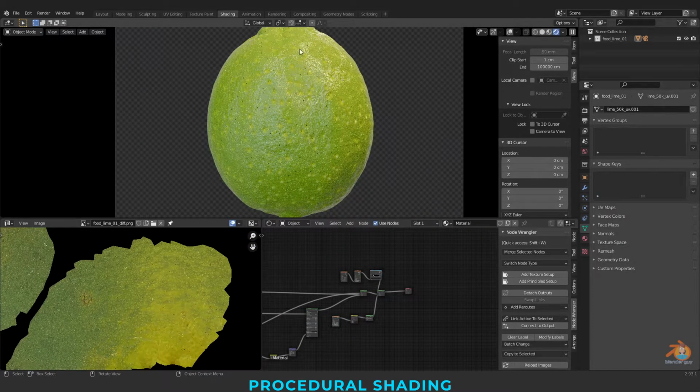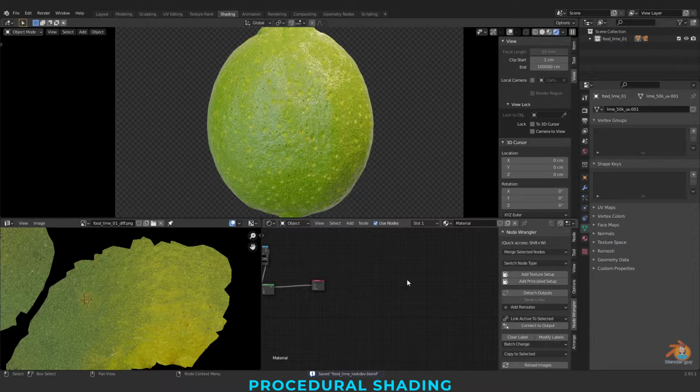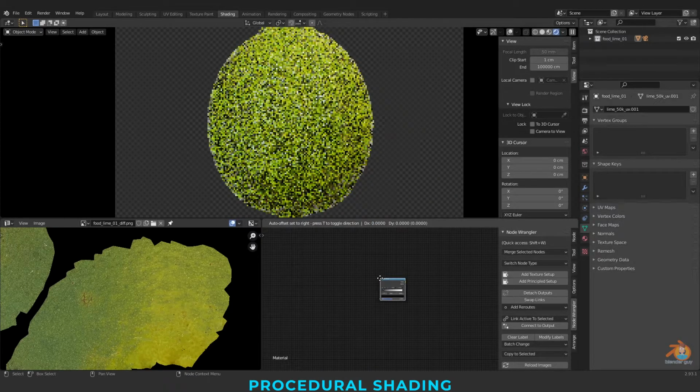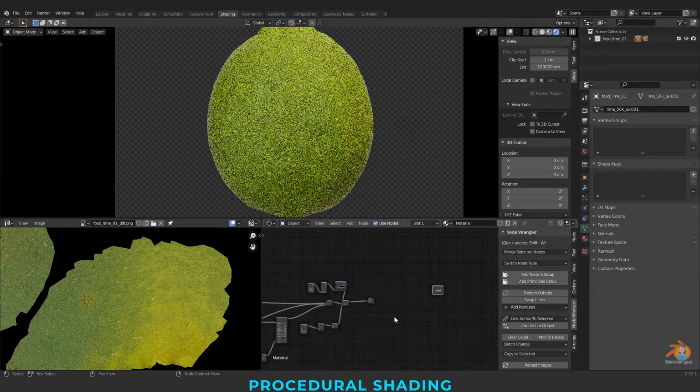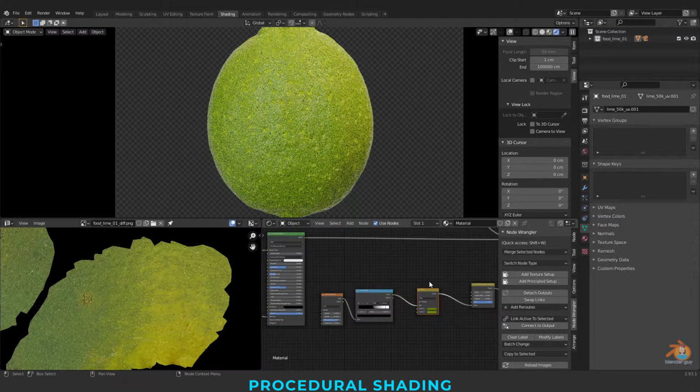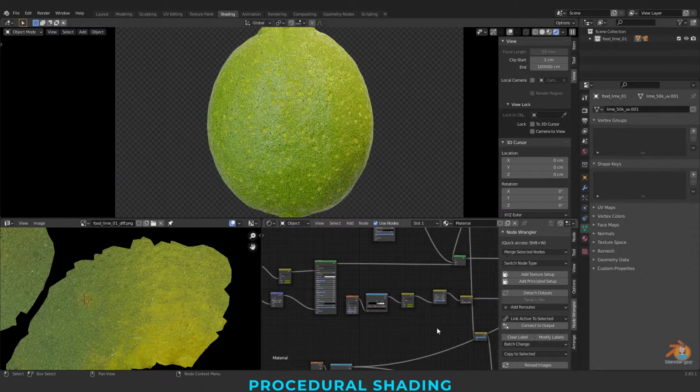And coming to our gradient pattern, I'm creating a color ramp. I'll just copy paste this, copy and paste, so that I can use same colors.